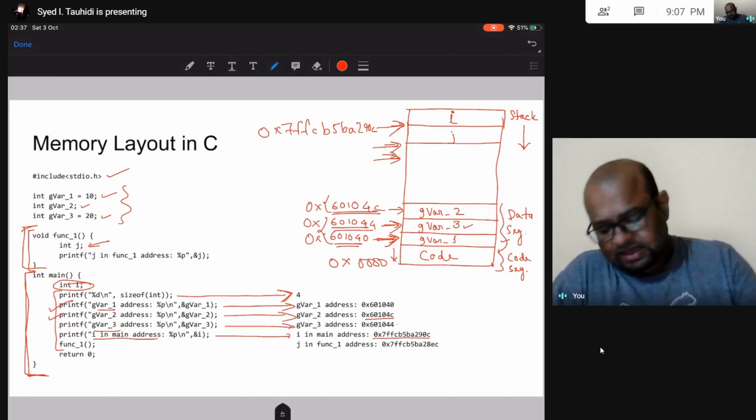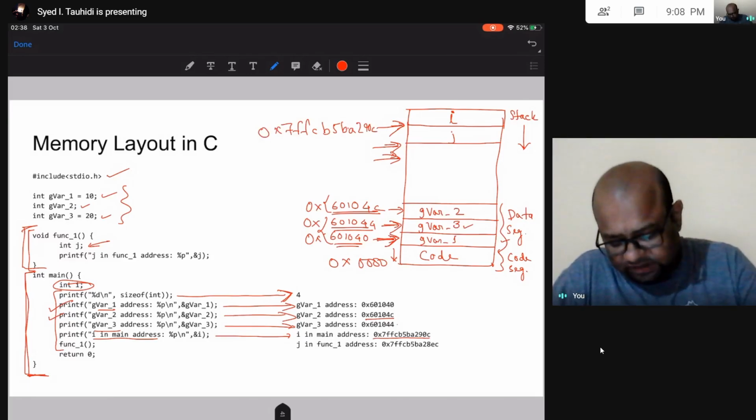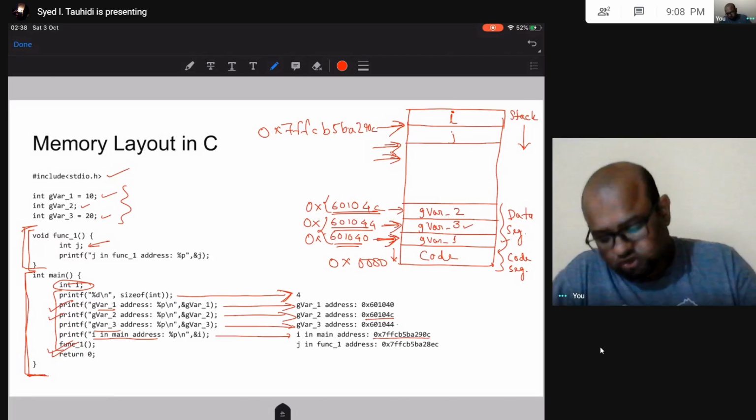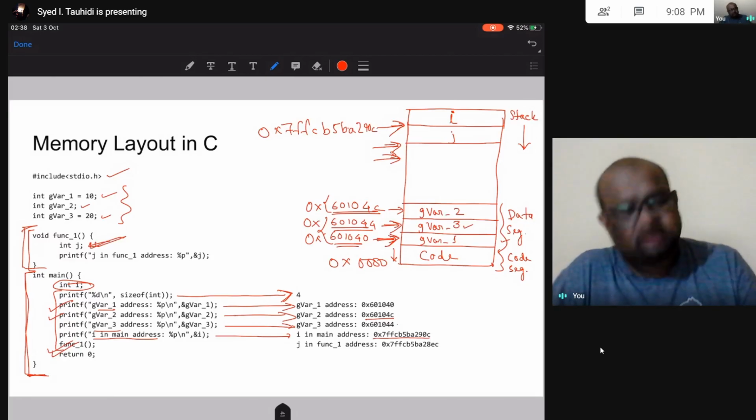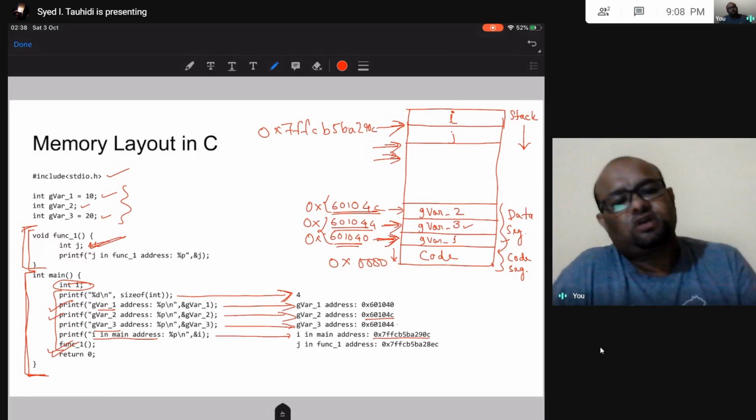Next, in my main program, I am calling this function. When I call this function, this is given some address in the stack. This is also a local variable in some function. When a function is called, its local variables are allocated memory on the stack.